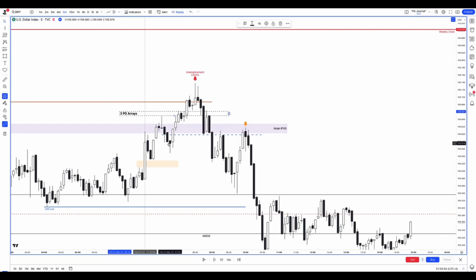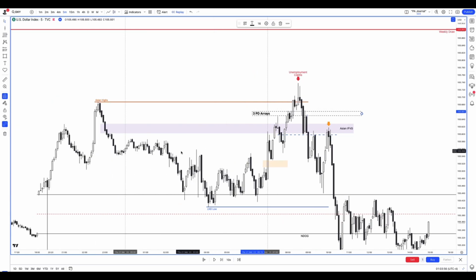I had the 15-minute order block, I had the inversion fair value gap here, and I had these subordinate fair value gaps. Now, to participate on that, I drew my low from here to high from there, and I was looking for an optimal trade entry to New York session continuation towards the weekly draw. However,